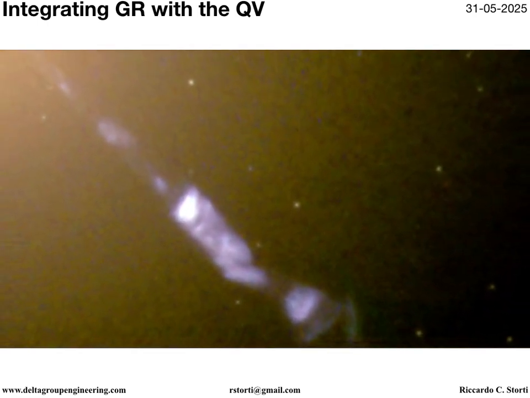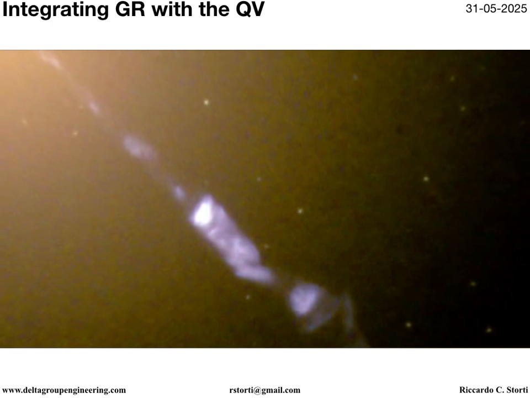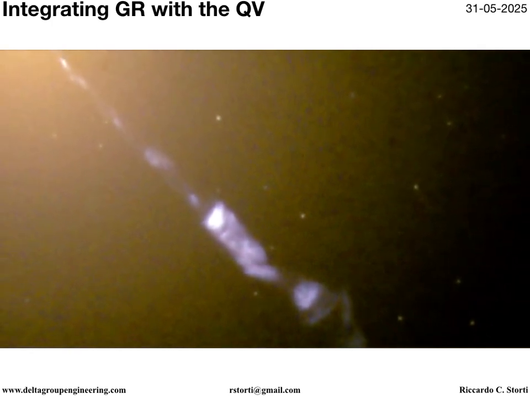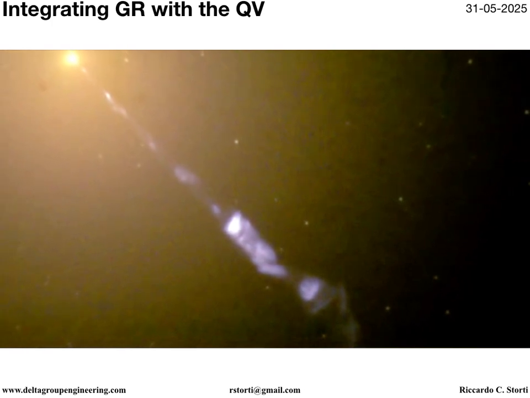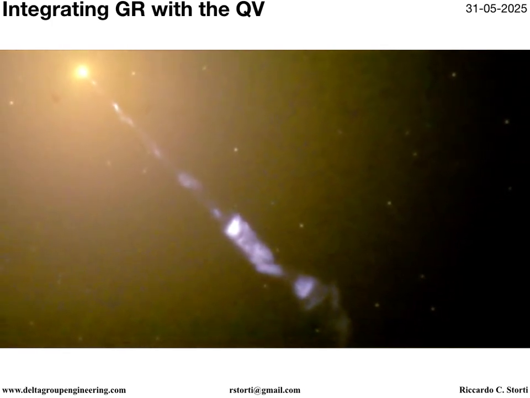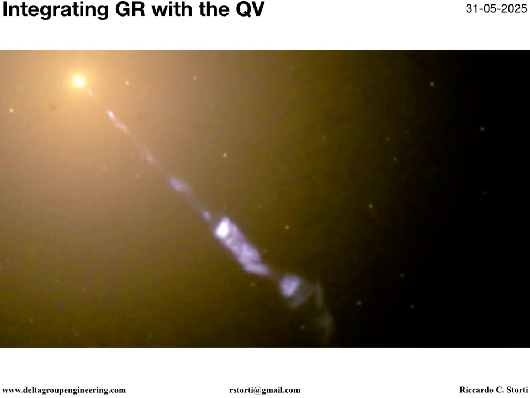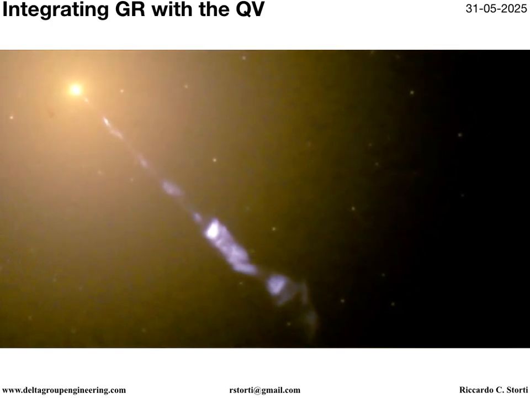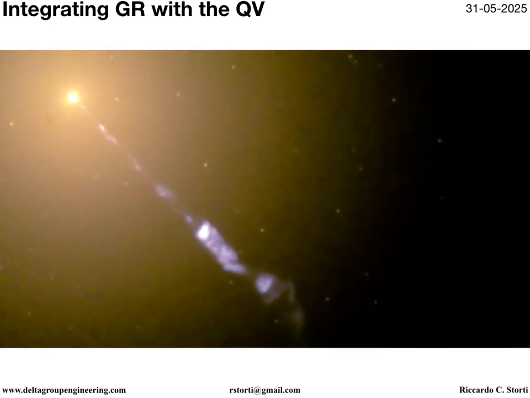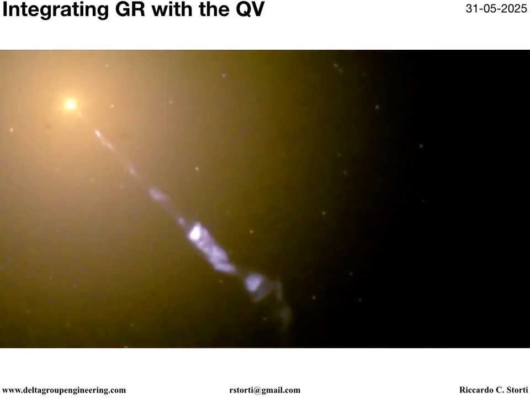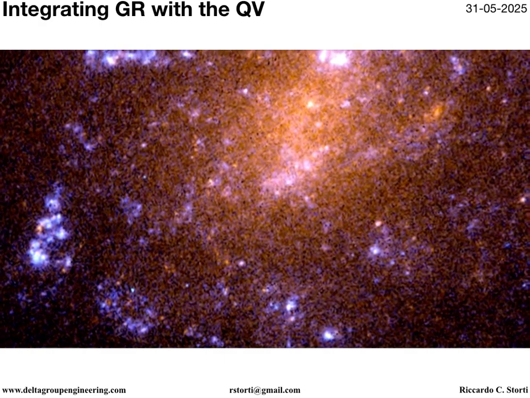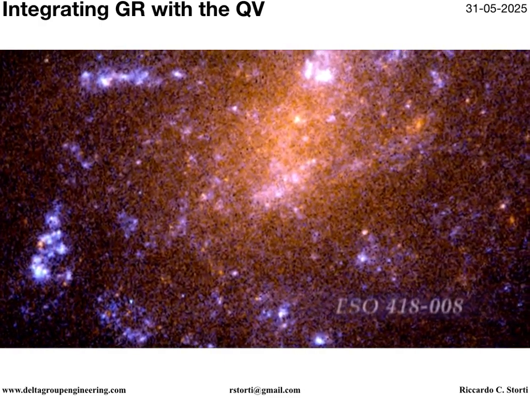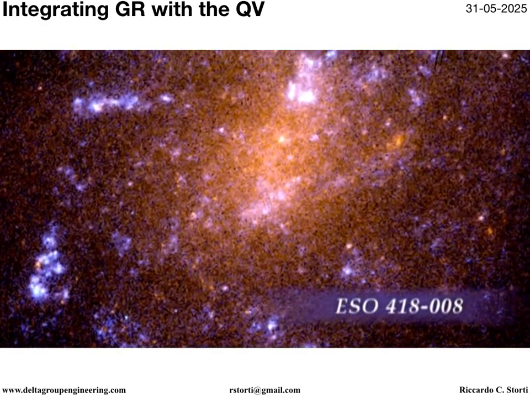And that is exactly what we're getting into today. We're doing a deep dive into this one research paper. It's called Integrating General Relativity with the Quantum Vacuum by Riccardo Storti. And it offers a pretty different angle on this. Yeah, a novel approach. So our mission here is to really unpack this. What's the core idea? How does it use the quantum vacuum, of all things? How does it link the tiny scales to the cosmic ones? And why does it maybe stand out from those other big theories?